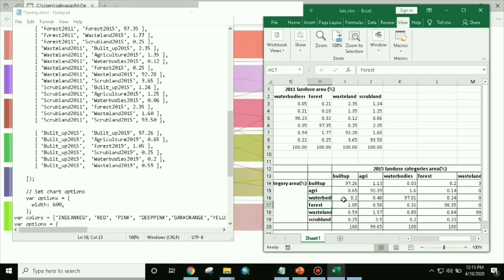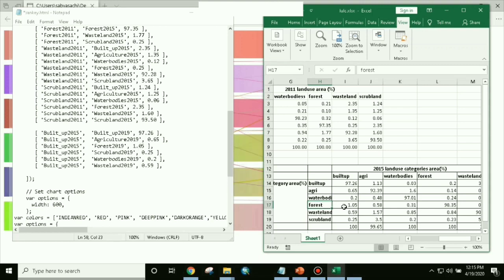So from built up to built up 97, as you can see here. Built up to agriculture 0.65 it is here. Built up to water body, if you see, it is here 0.2. Then built up to forest it is 1.05.